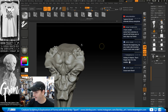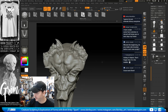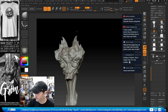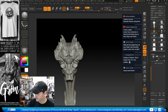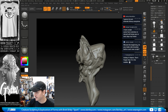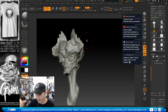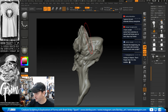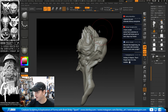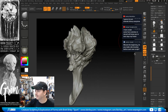If I wanted to bring in my teeth, let's go up to a higher level. If I had these teeth, I can quickly move them around and create some, not necessarily teeth, but I can use that to create some kind of weird horn or whatever, and then bring in some of those details. This is just exploring, going out, testing, and if it works, if it doesn't work, you know. And just because these were teeth doesn't mean I have to keep them as teeth or use them as teeth again. I can just say this is going to be some kind of brain cavity,